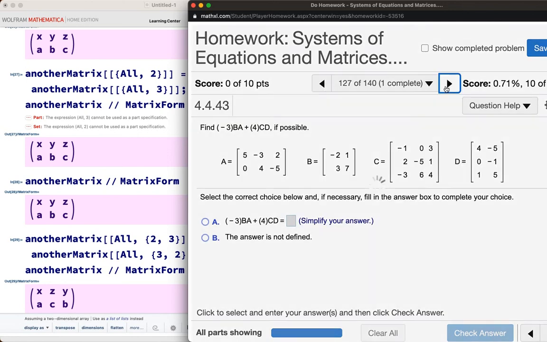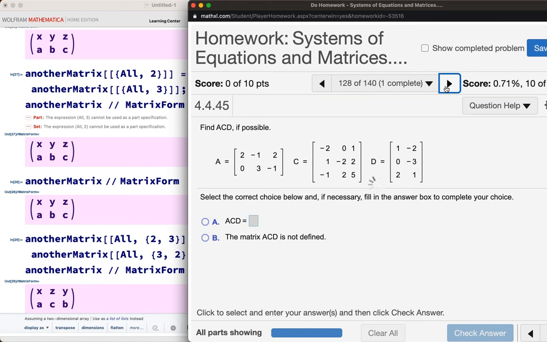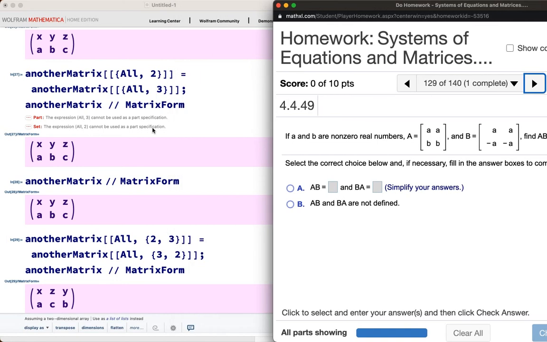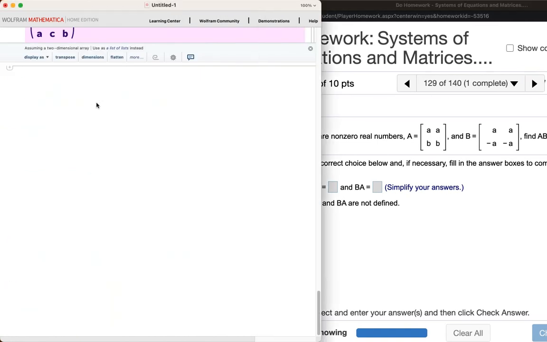Well, we can do... Okay, so here, let's look at number 129. This is actually pretty easy to do. Using Mathematica, it's really easy to do. All right, so here we're going to have